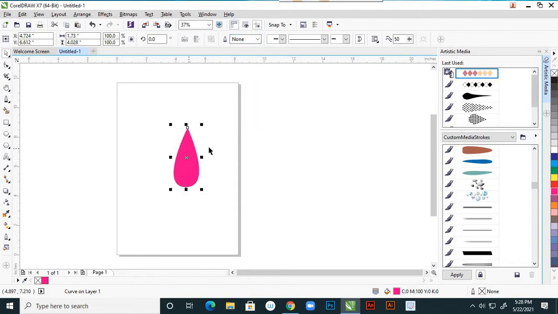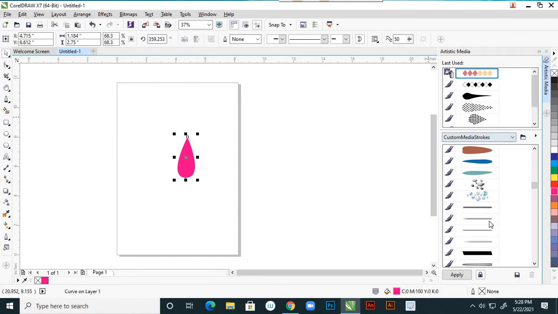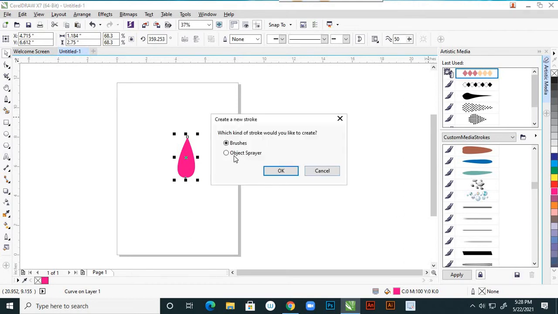So here what I am doing, after selecting this, see here in the options, there are preset brushes. Here there is a save option, just click on that. So the object sprayer, you are saving into the object sprayer, save OK.